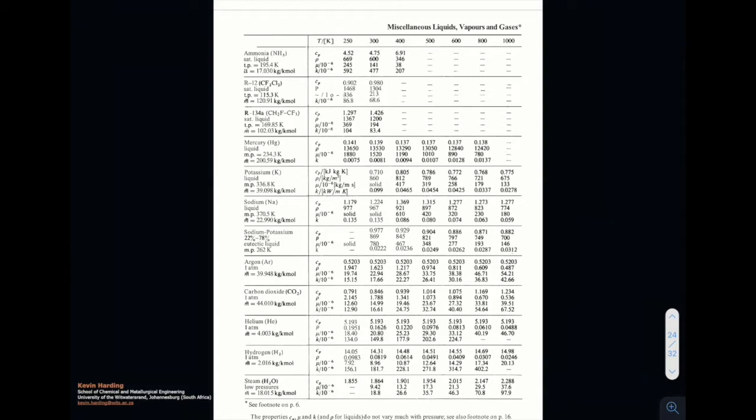There's various other information here as well. There's some CP values, there's a density, there are viscosities and K values again for various different materials. A lot of this information is repeated from the previous pages, but we do get some new materials popping up here. So I don't think we had sodium or potassium before, or a sodium-potassium mix. I think argon was there, I can't recall.